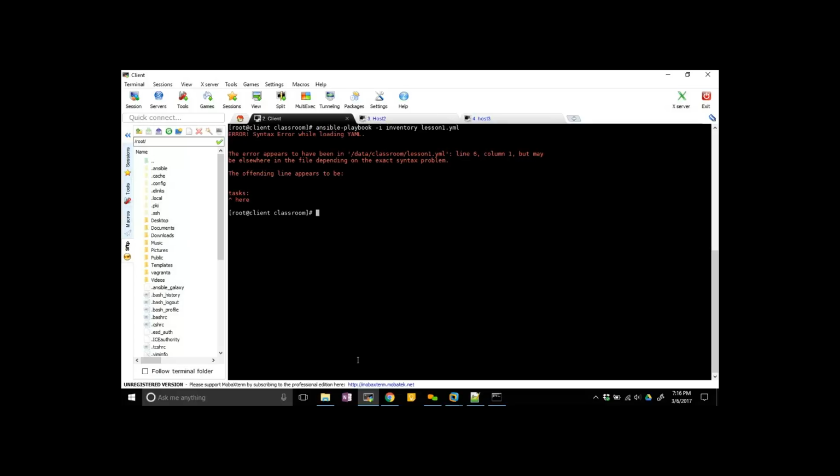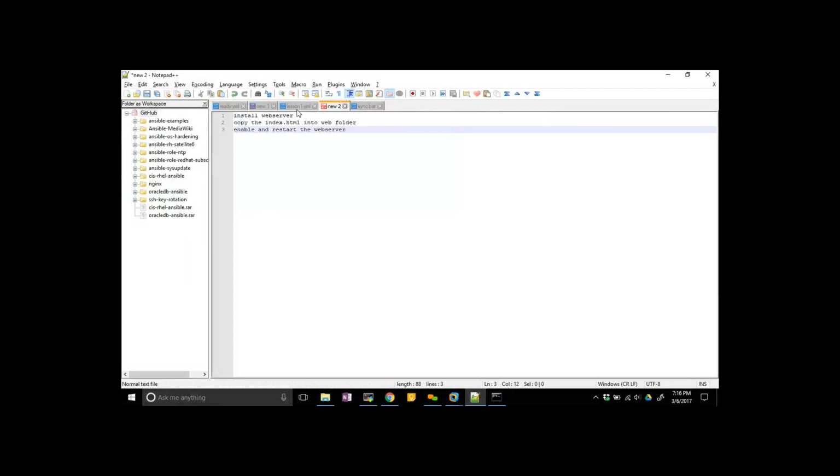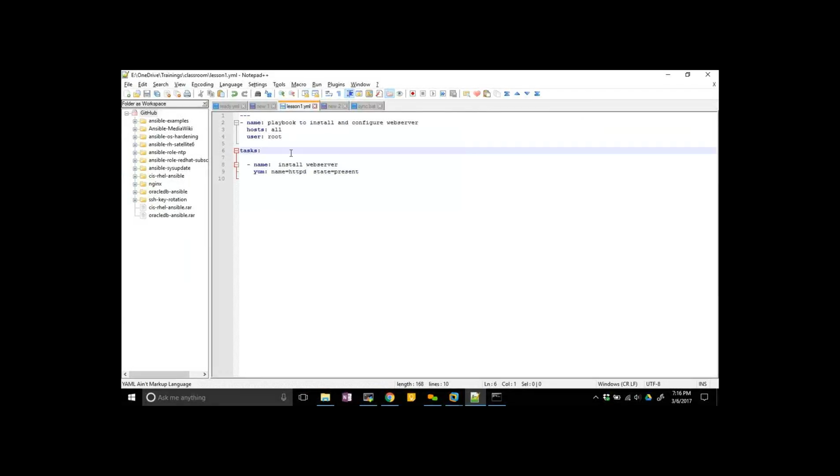It says that there is an issue here. What is the syntax error here? Two spaces. Most of the time, you will get issues only with empty spaces in YAML notation.